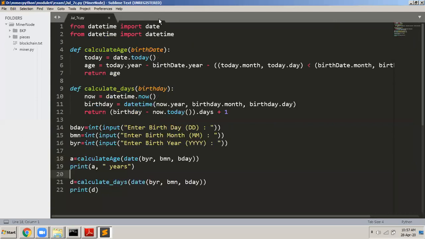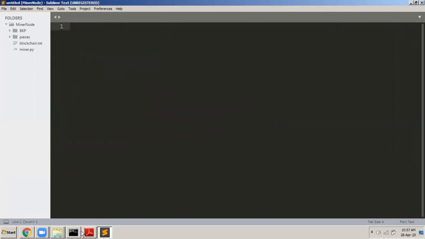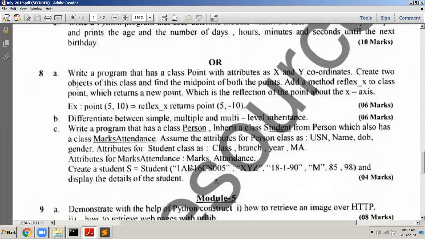So this program is also there. We can have a look at this program, which is this program 8A, this one. And then after that, there is this new chapter, okay, called differentiate between,